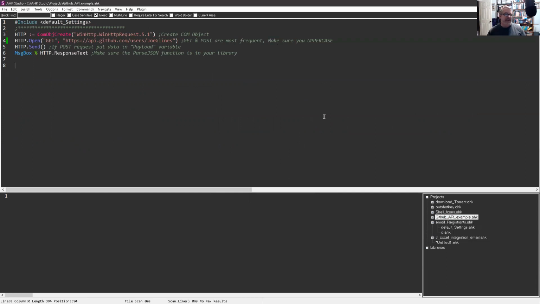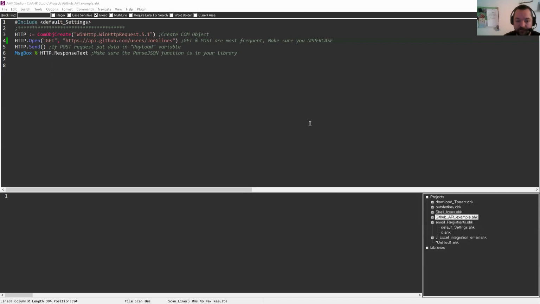Yeah, and AutoHotkey has a very simple command as well. What was it? URLDownloadToFile or something? I don't use it anymore. No, me either. But that's a GET request done right there. It's pretty simple. You hit an endpoint and it returns whatever that endpoint gives you.